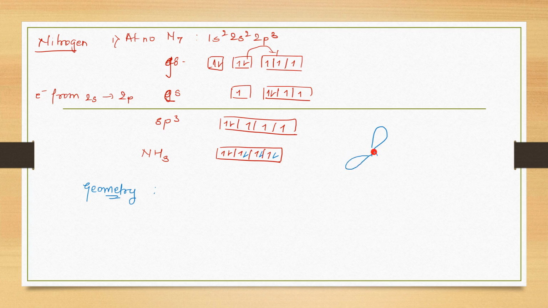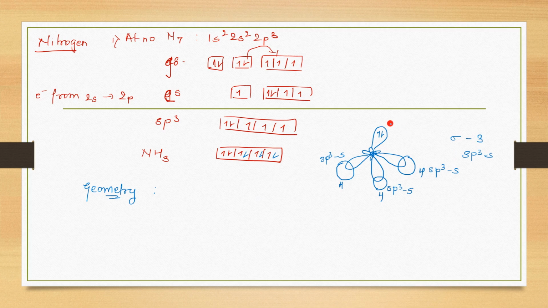Okay, and this is one. So here there is a lone pair of electrons. It's not going to take part in bonding. Now this is the overlapping with the hydrogen. Okay, this is your H. So what is the bond here? sp3-s, sp3-s, sp3-s. So how many bonds are there? 3 sigma bonds, and the overlap is sp3-s.